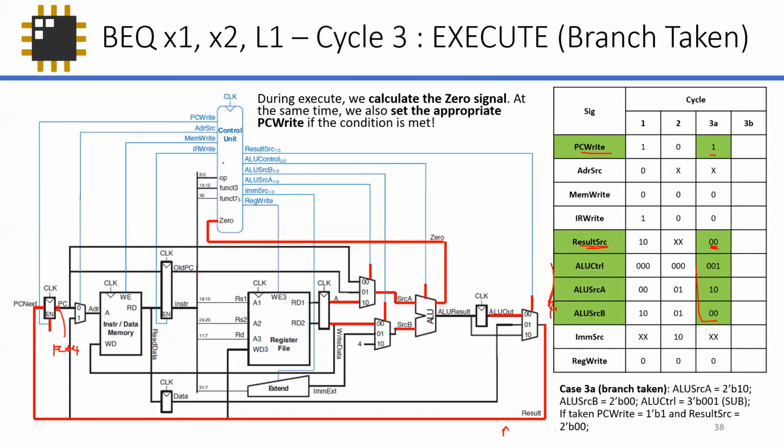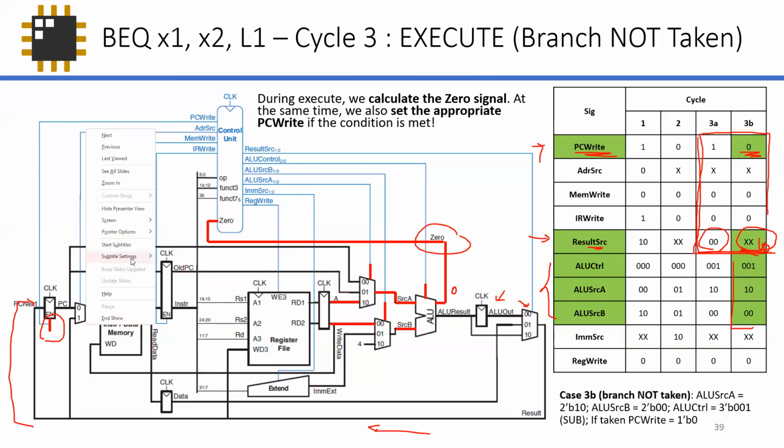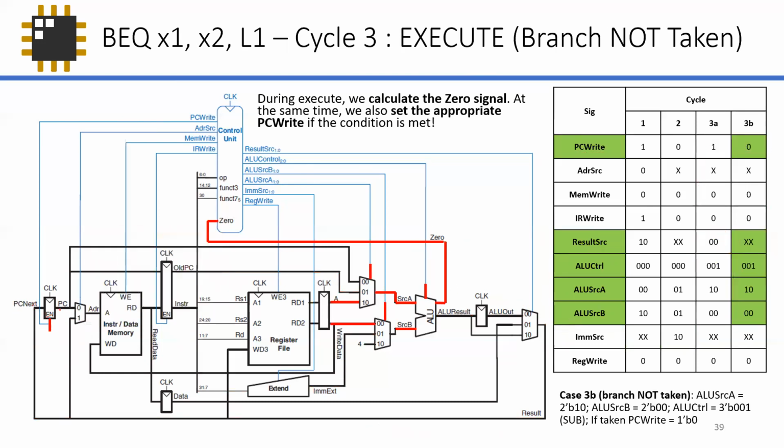So if you go to, let's go to the branch not taken. The current PC that it's actually holding is PC plus 4, right? And since we're not updating PC during the branch not taken, this one is 0. That PC is still holding the PC plus 4. Okay. So when you go into the next state,